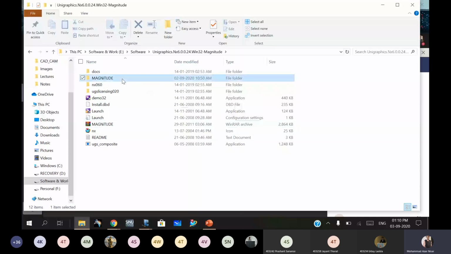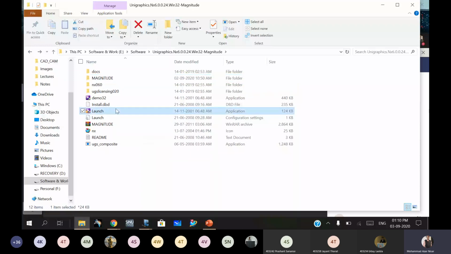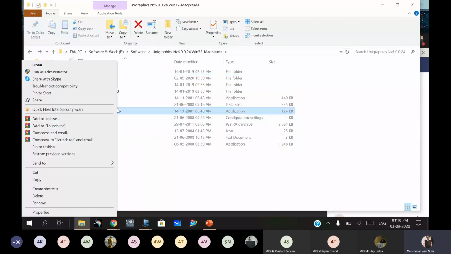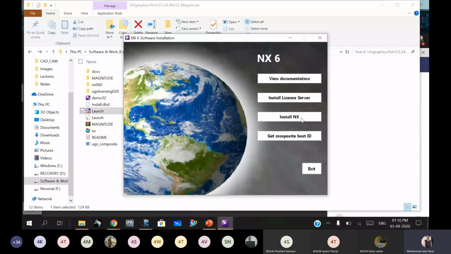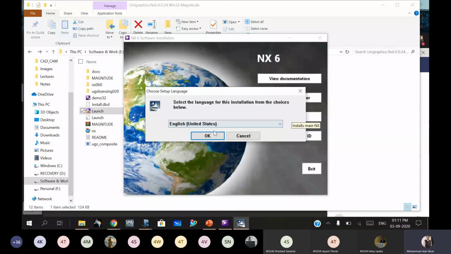First of all, you have to right click over this and run as administrator. In this you have to use these two: install NX for the product installation, and install license server for the license installation. First you have to install NX and just use OK, next.